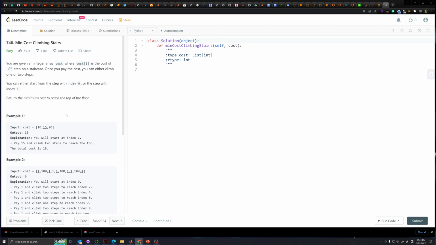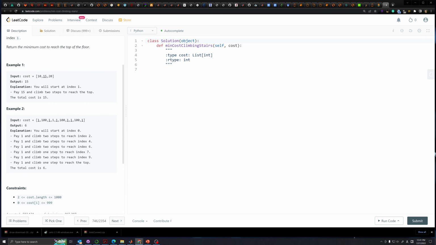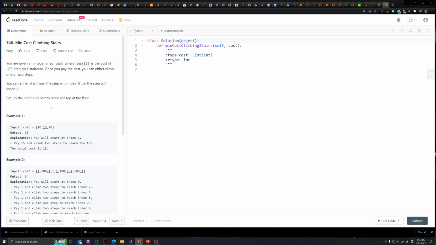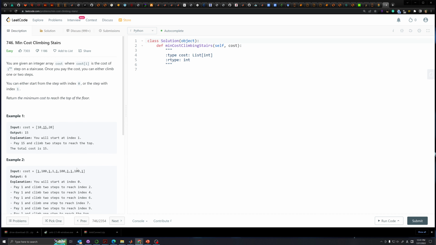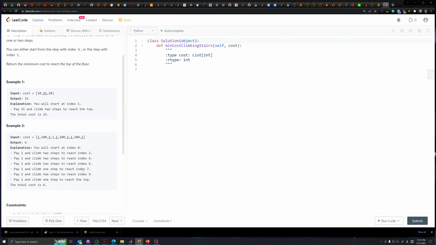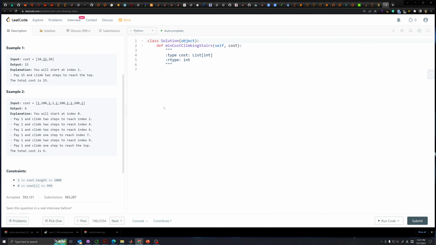So this is the problem. You're given a cost array, and you want to optimize the cost by producing the minimum cost for climbing the stairs. And here, remember, this is important. You take a look at the constraints of the problem scale. So the cost length can go from 2 to 1,000, and each individual cost can go from 0 to 999. So the problem could be pretty big actually, looking at this. Yep,